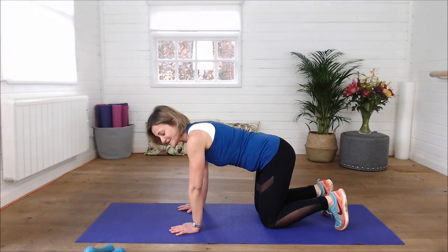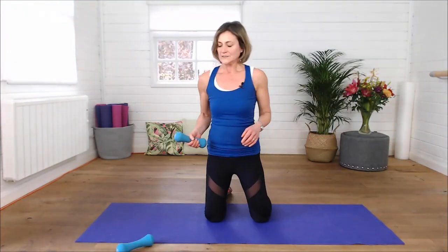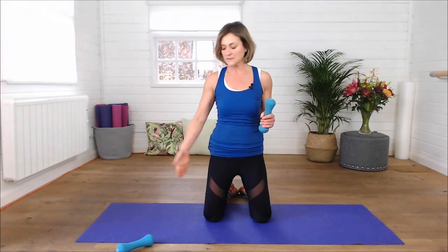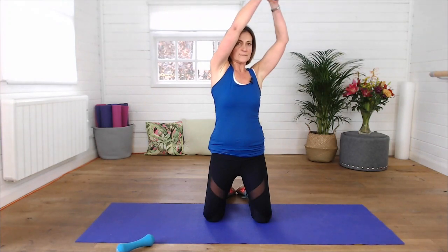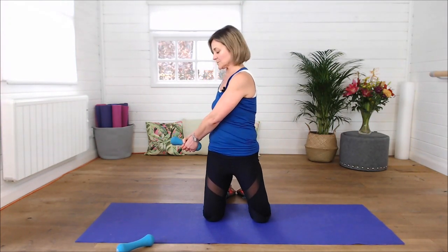Excellent. Okay, so we're going to come back onto our knees and take the hand weights again. So in fact, you just need one hand weight for this next exercise. So you want space between the knees, about hip width apart. Big toes are together. And then we'll place both hands around the center of the dumbbell. Take the arms just above your right shoulder, extending the arms. And then breathe in, breathe out, turn towards your left, bringing the arms down towards the left hip, keep the